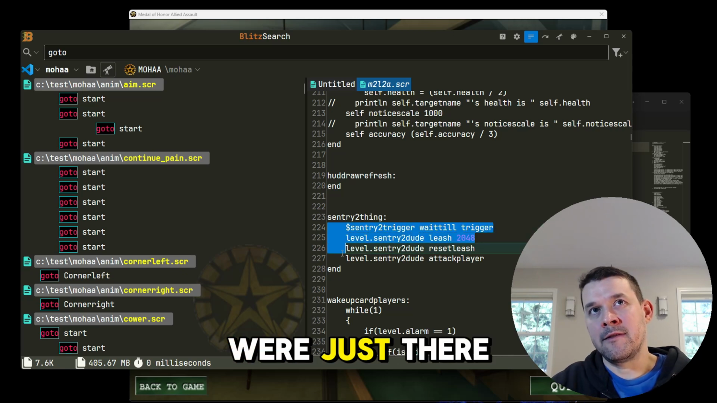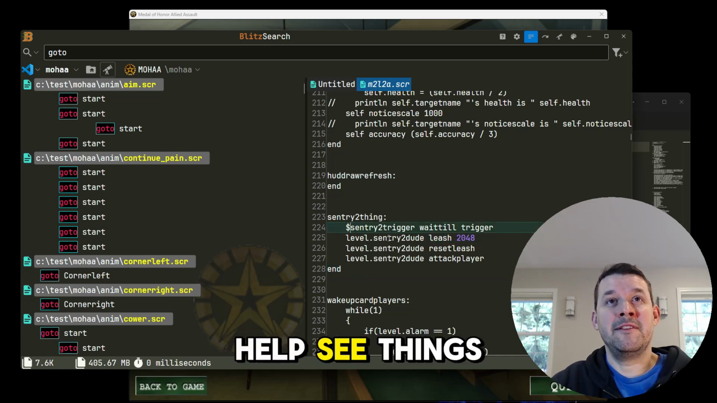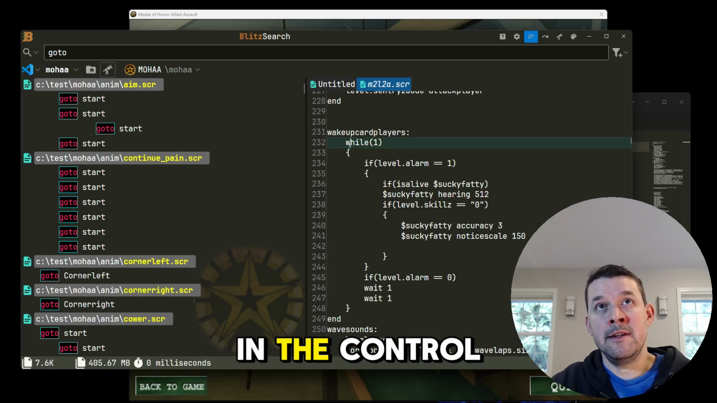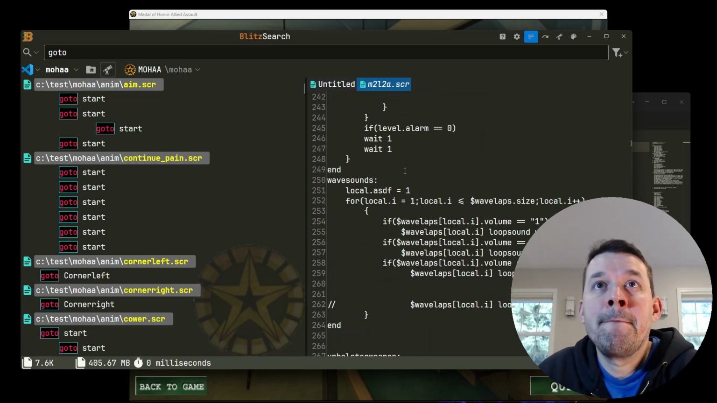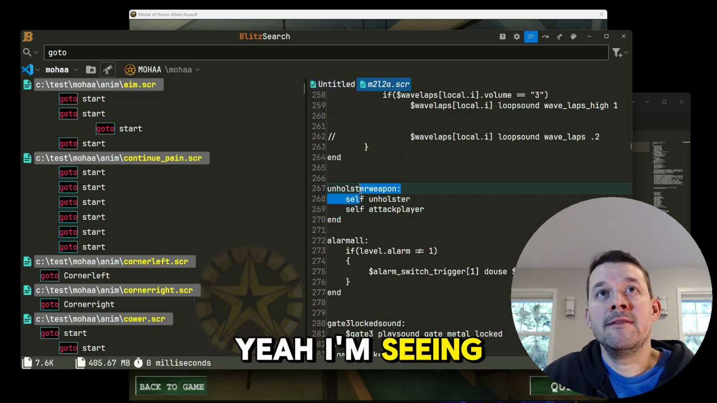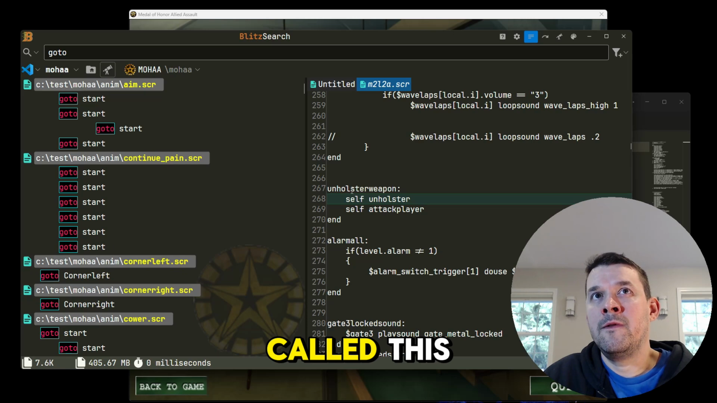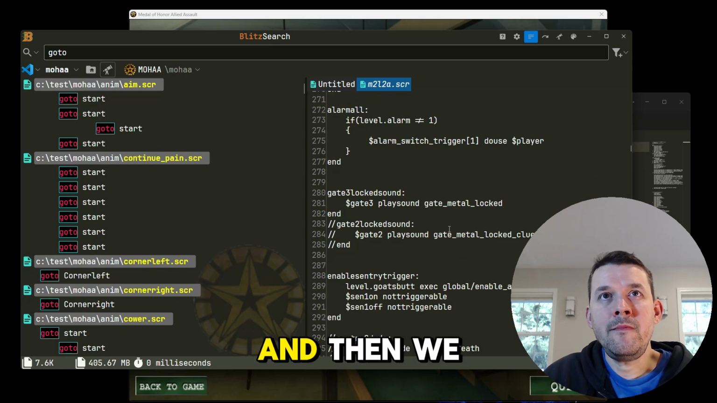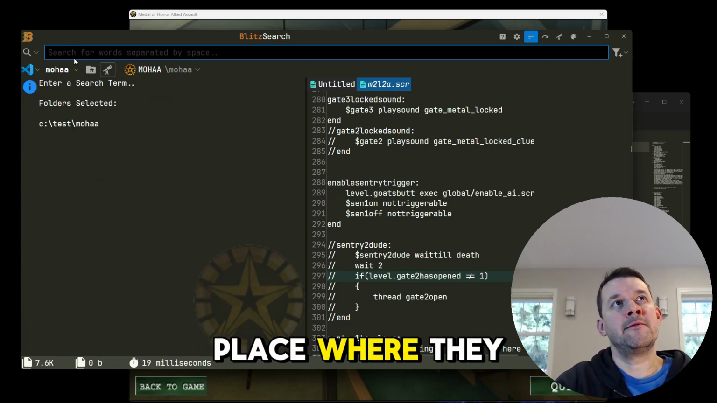So again, these tabs were just there to help see things better. But we do have these in the control flows, the parentheses. But yeah, I'm seeing stuff like self. Self would be whoever called this, and it's maintained in that thread. And then we had play sound. But I can see if I can find the place where they